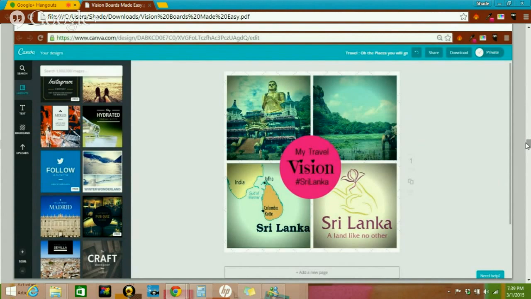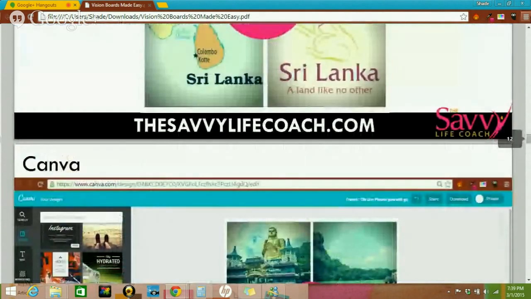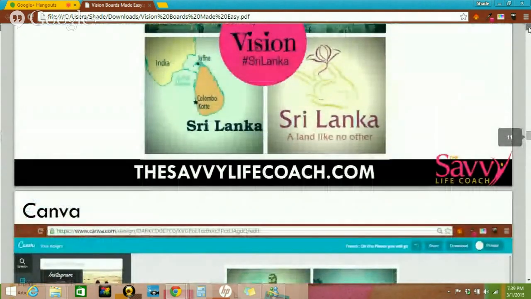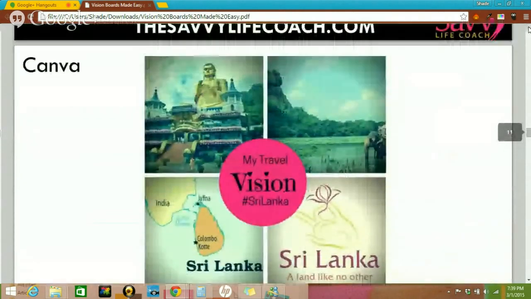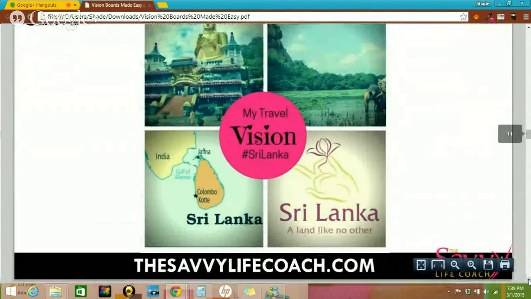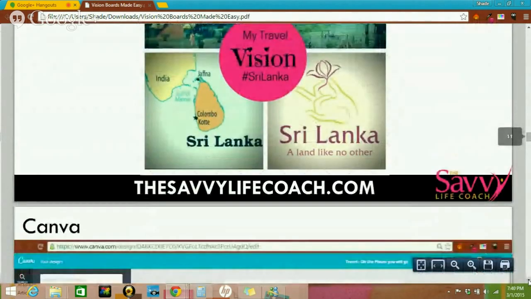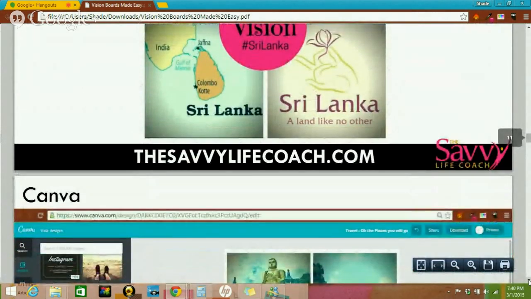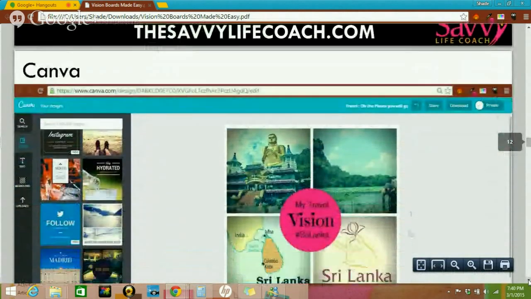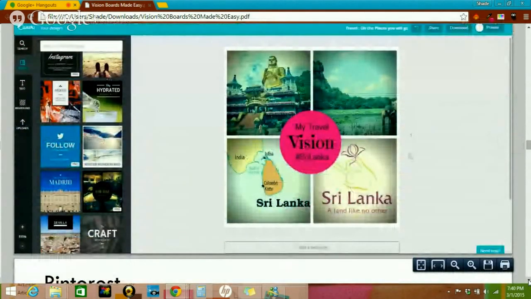So Canva is amazing. It's a great tool, a branding tool. It's a great tool for people who are not really good at Photoshop. Like, I'm not good at all at Photoshop. So Canva was a blessing to me because it is drag and drop. It's really simple and easy to use. Anyone can use it. I'm pretty sure one of my 5-year-old nephews can make some beautiful designs on Canva. So Canva is beautiful, and definitely look into it.